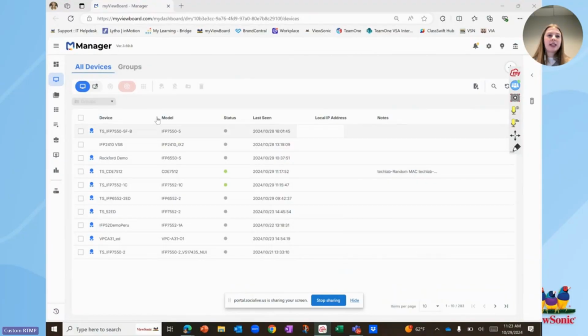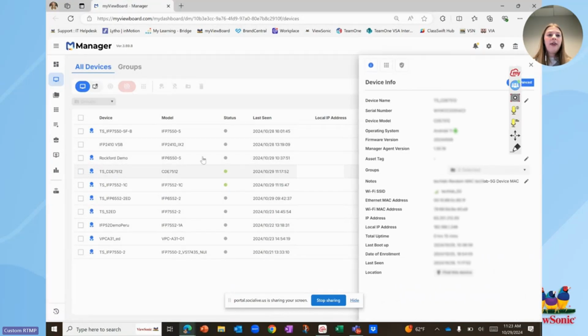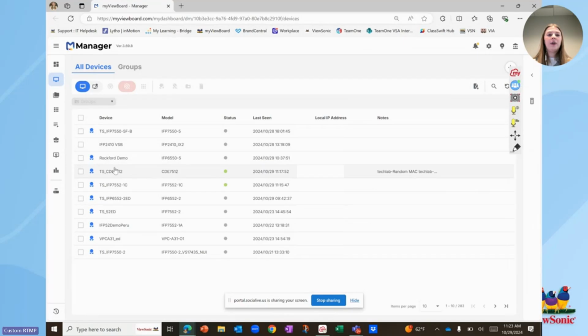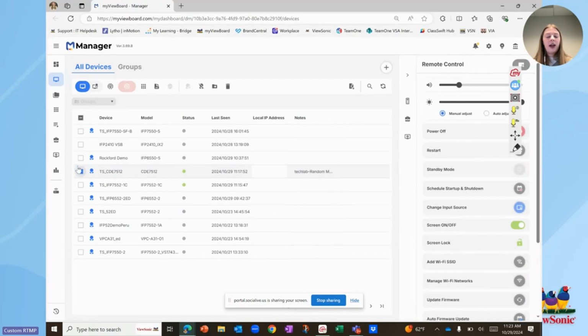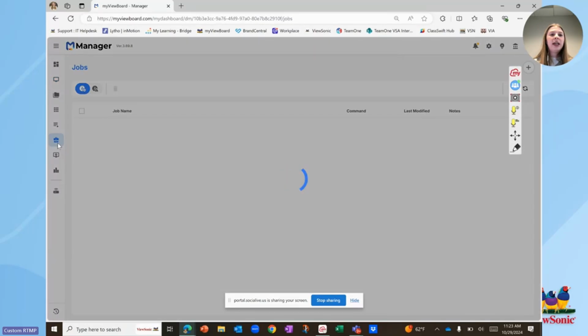So if you have not seen the manager dashboard just yet, this is what you would expect. You can see the overall of your devices here, listed with certain things with your status, also device information by clicking on the display here. And then you would also have the ability to access that remote control. Again, this is all covered in our previous webinar, but one thing I do want to show you is the